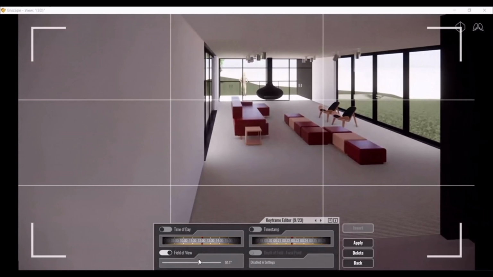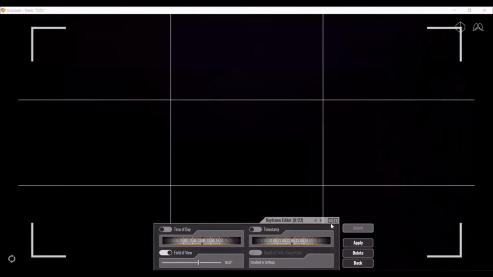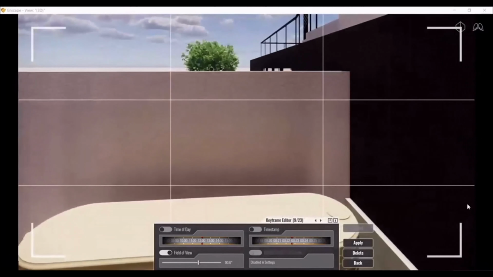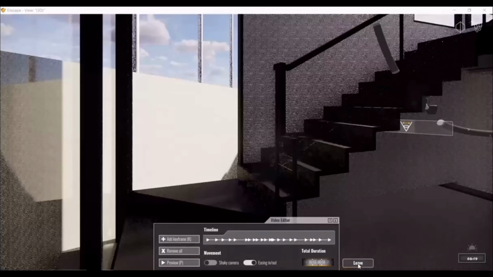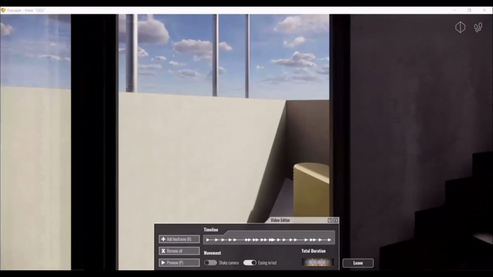Okay, after changing it, you apply it. So this way you can change it, come back again, and there you get all this.